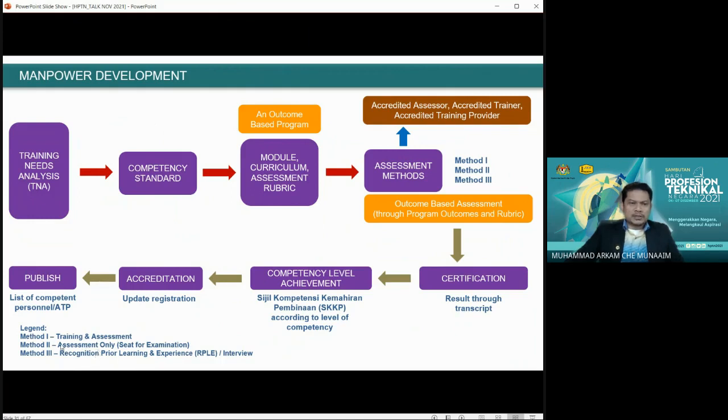And then method 2 is the assessment only, sit for examination, about a 3 hour written examination. Method 3 is recognition of prior learning experience, RPLE, or through an interview. So the interview will snapshot your knowledge based on the outcome-based assessment that has been specified and characterized through